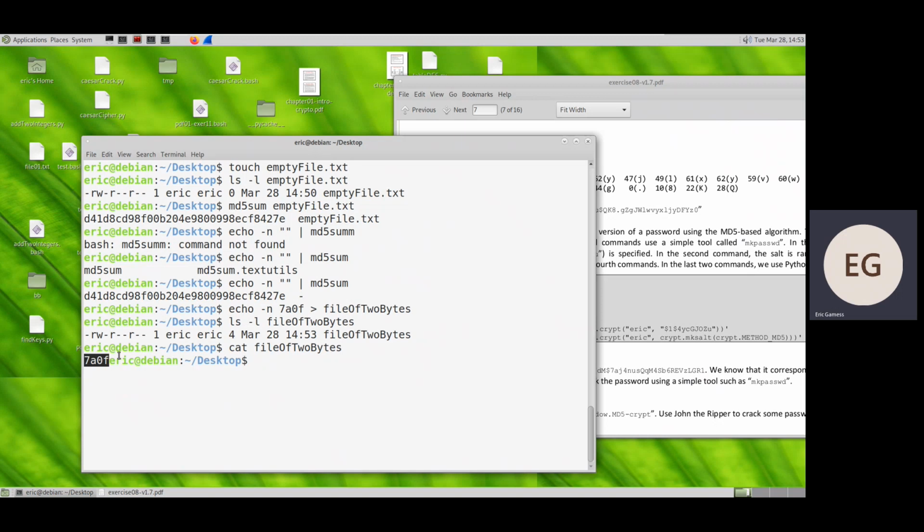7A0F. There is no enter. It's why the prompt just came after. It's not what I want. I want 2 bytes. On the first byte, so there is a tool that you have been using, for example,